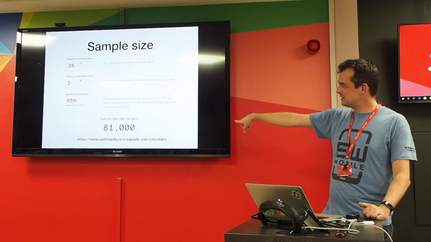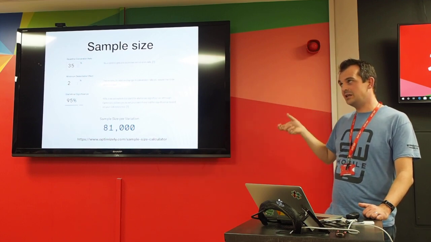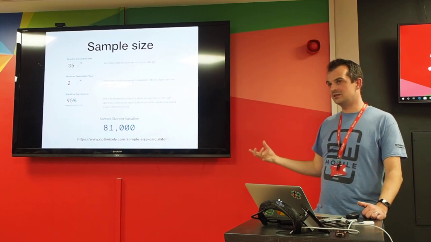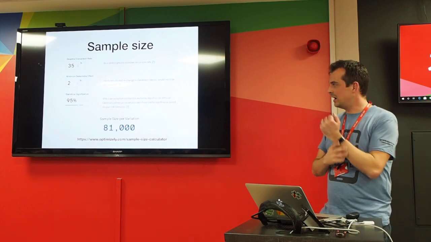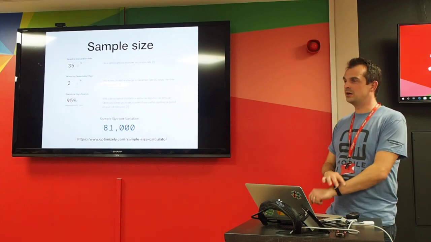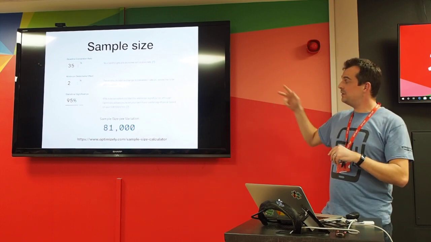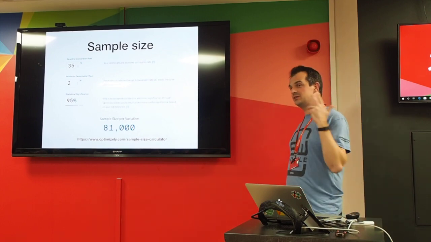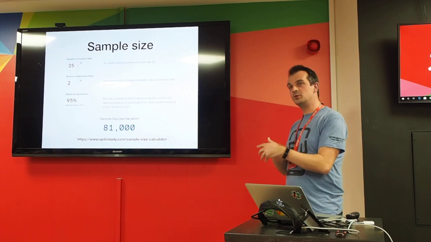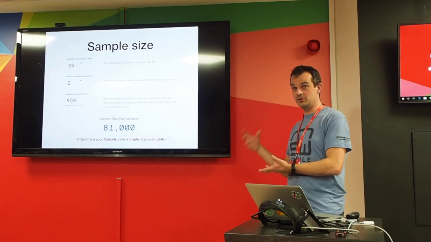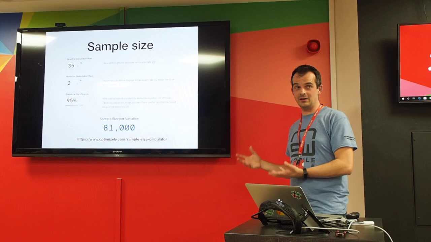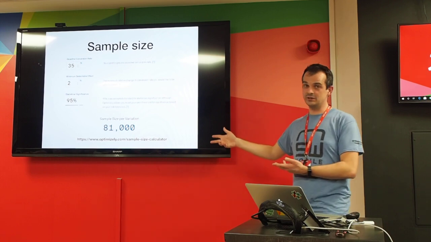This tool on Optimizely's website is slightly tweaked for the way that they measure things and the way they exclude outliers, but it's a similar principle. If you say this is going to massively increase conversion, you wouldn't need as big a sample size to prove that, because if it has indeed had that impact, you would know it with a smaller population.